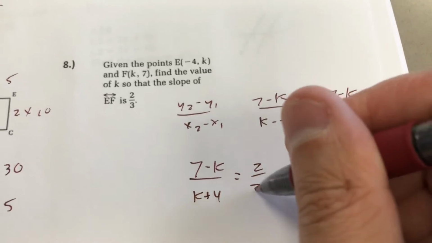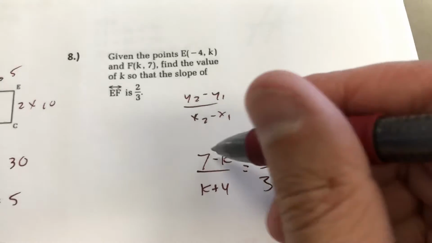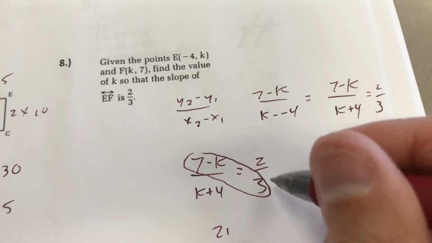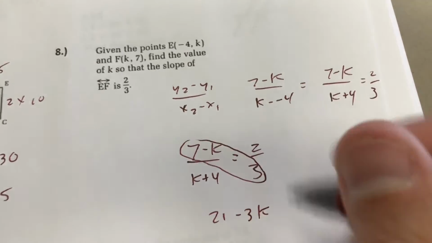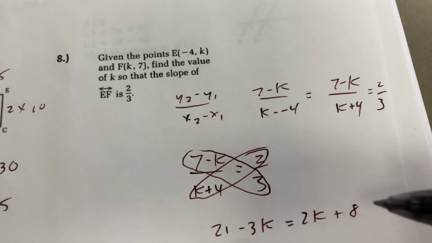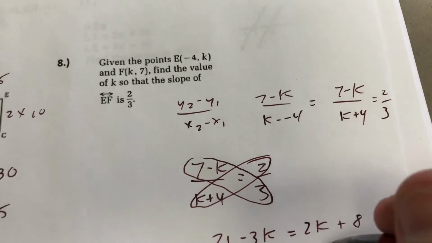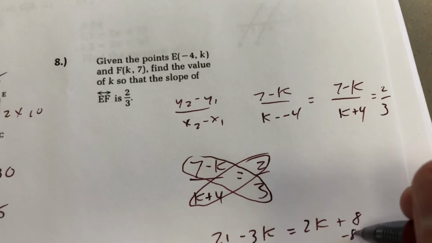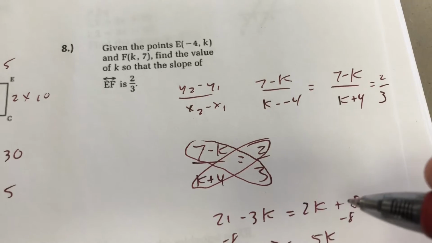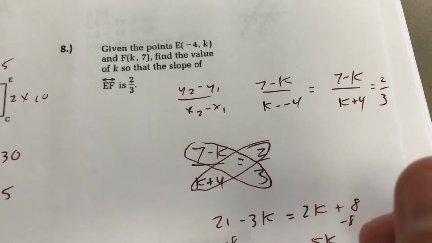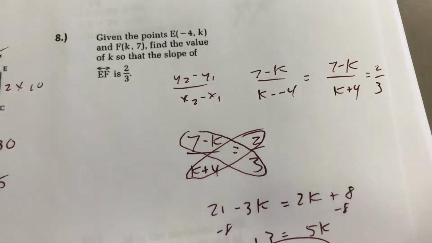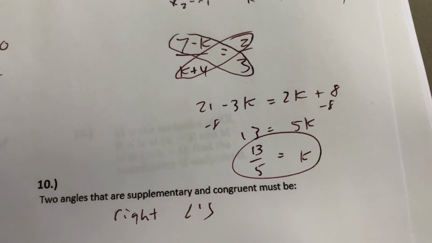And if you have two fractions that are equal, called a proportion, the cross products will be equal. So the cross product this way, 3 times 7 is 21. 3 times negative k is negative 3k. Should be equal to the cross product going the other way. It's 2k plus 8. Move the k over here, we get a 5k, subtract 8 from both sides. 21 minus 8 is 13. So it looks like k is going to be equal to 13/5,